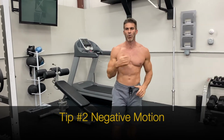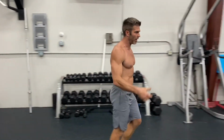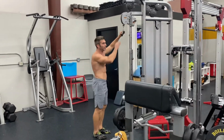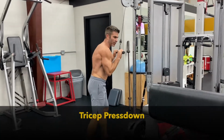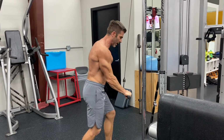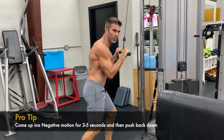All right, so what's a negative motion? Negative motion is when you're going to be doing a resistance, right? So I'll just go ahead and give you a for instance right here. You'd be doing a tricep press down, and you'd want to be doing a little bit heavier than you can really do, and you're just going to hold it there and come back super slow, like 3 to 5